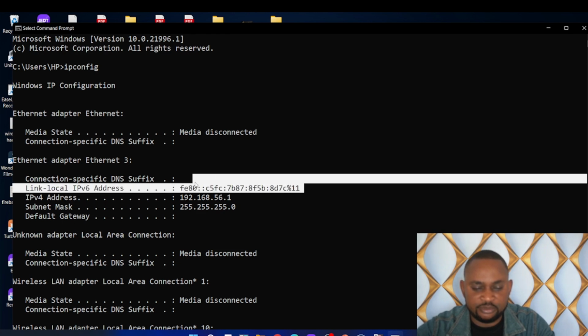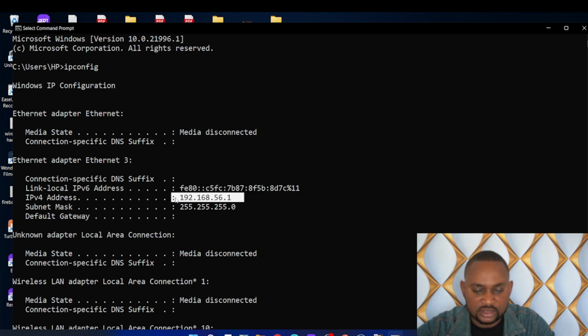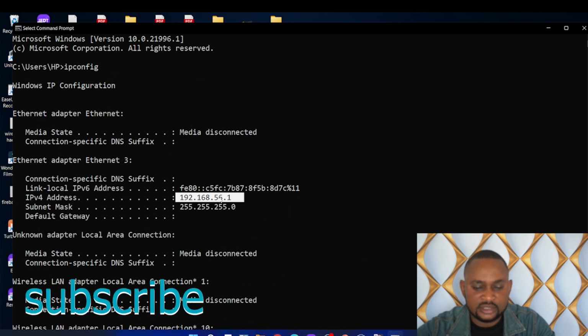You can see this IP address, which is the local IP version 6. This is not the one you are meant to use. You are meant to use IP version 4, which is this. So you can run a scan against this IP address in case you don't have any targeted system that you want to run against. But if you have a targeted system, you can go to Kali